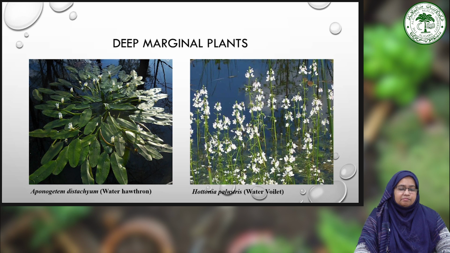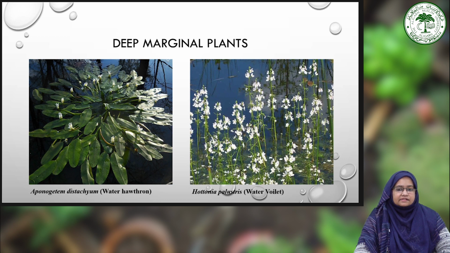The next type of plant used in water gardens is deep marginal plants. Besides floating plants, there are a number of other decorative plants for water gardens which produce floating leaves, and their flowers appear above the surface of the water. These can be planted in containers under 6 to 8 inches of water. About two such plants are enough for the water.